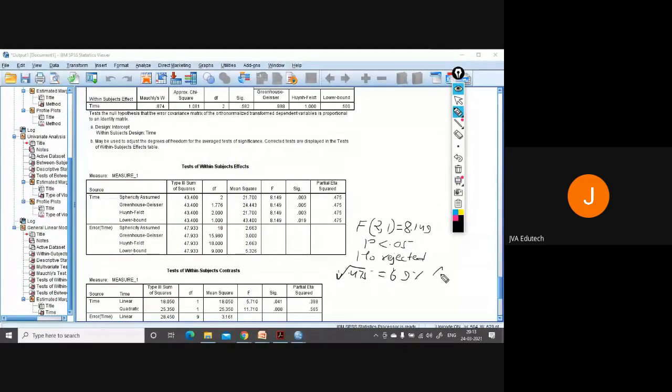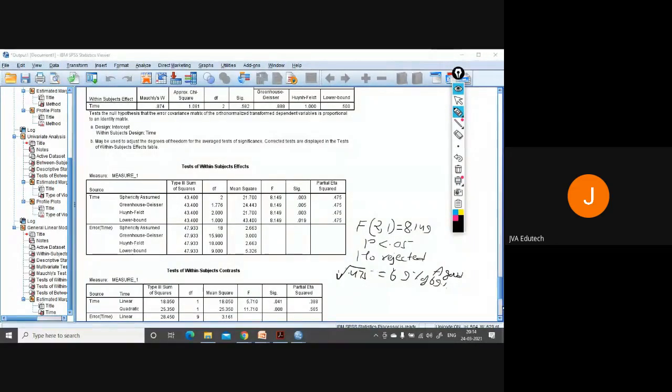So a good effect size of 69%. So there is a significant difference between their algebra scores when they were subjected to the exam at the start of the course, at the end of the course, and 6 months after the end of the course. Their scores in the algebra exam change, and if you calculate this in the overall population, the effect size will be 69%.